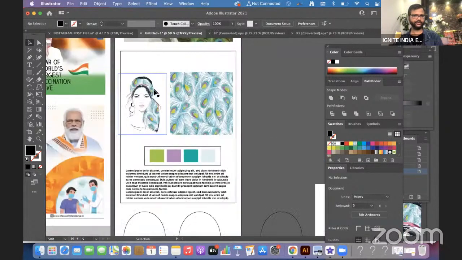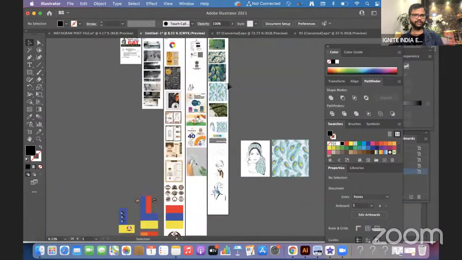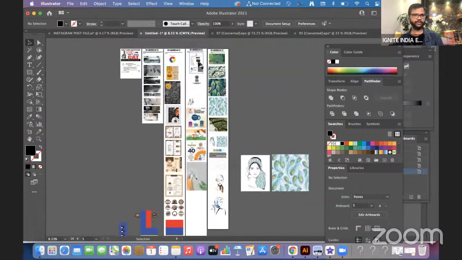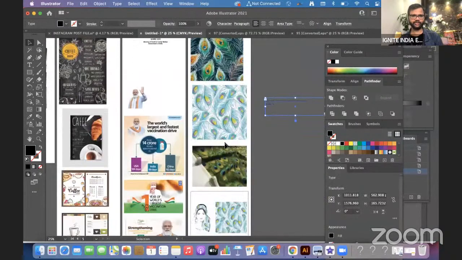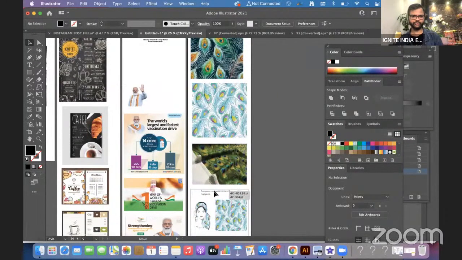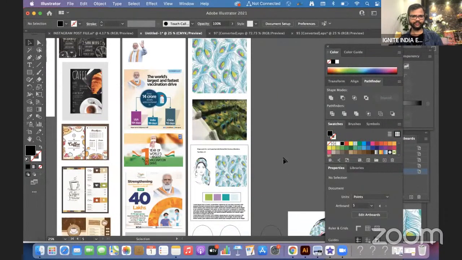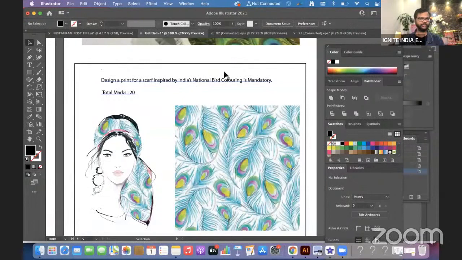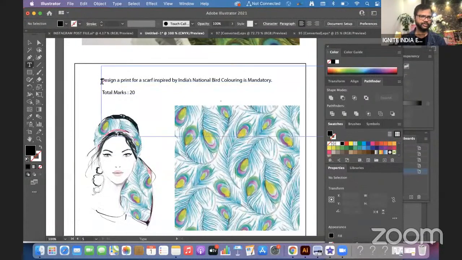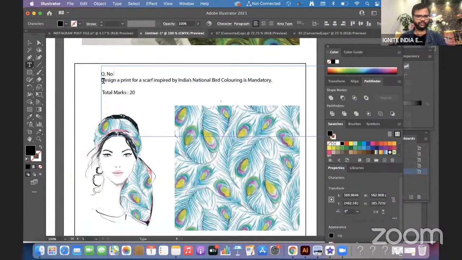Right, now what you can do, whatever question is there, since question number is very important, you may write it. If the question is not taking too much time, it's small, then write the question also. At least the question number you should write like this. This is how you should do this, right? So write the question number, maybe this. So you can write question number 4 or whatever question.